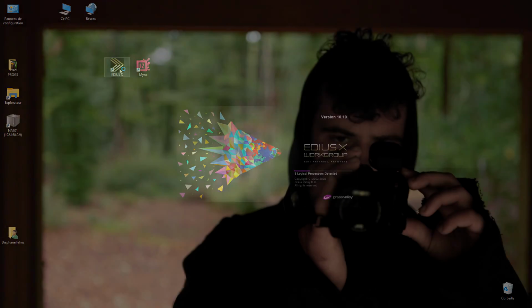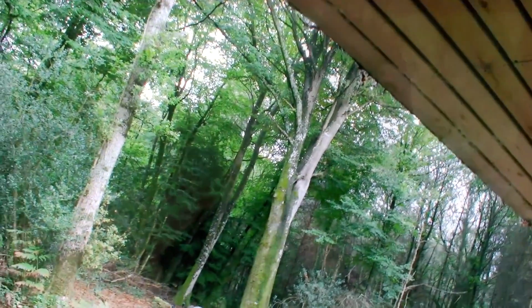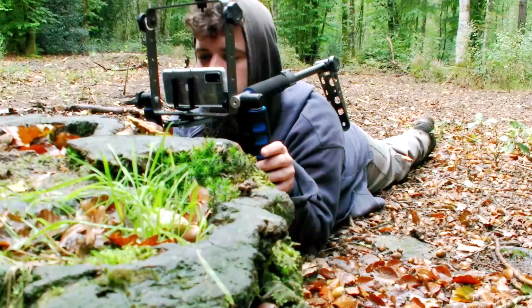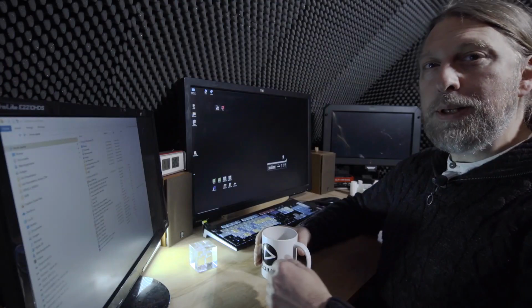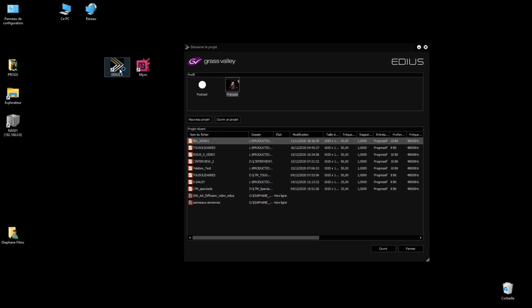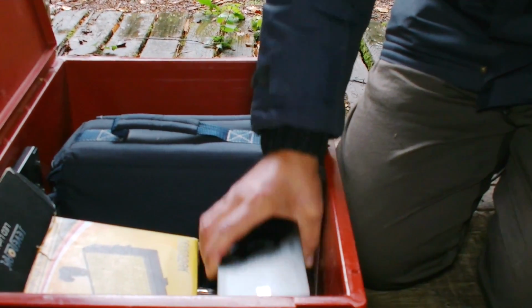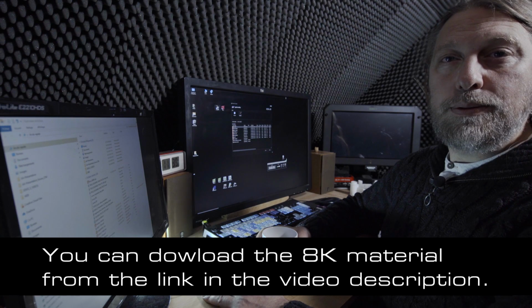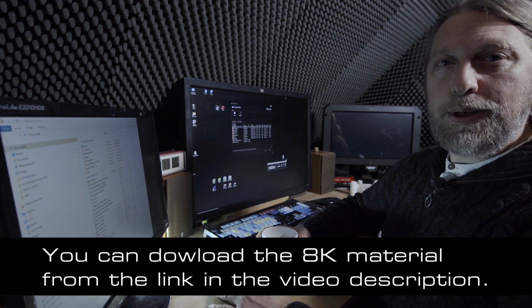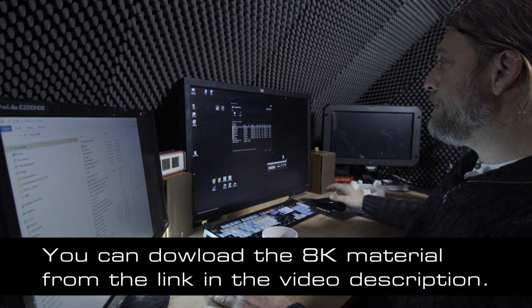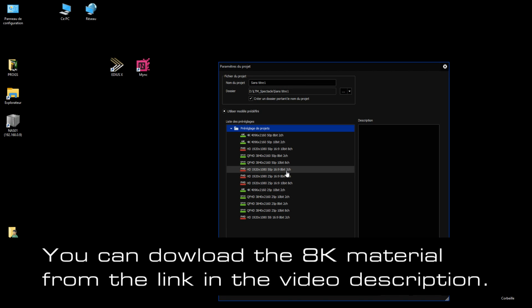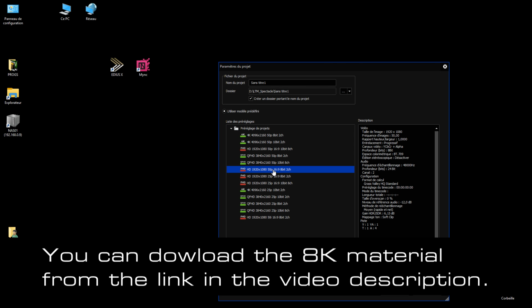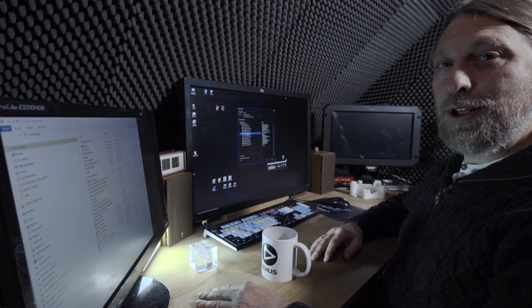For this 8K project, we shot a few images with Nicolas in the forest. The idea was to make a short film. We hadn't planned anything specific for this scene, we just had a few ideas in mind, but we still had a common thread to follow. We shot the video with a Samsung S20 smartphone that offers 8K recording. So now we'll create a new project, an HD project in 1920 by 1080 50p. And then we can progress with our video.